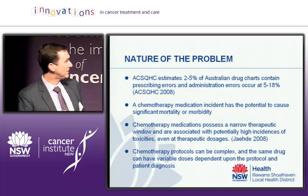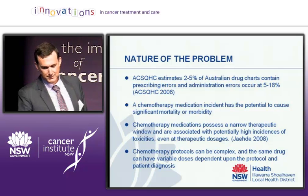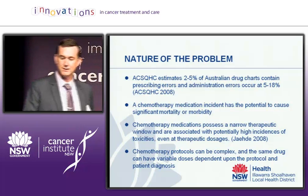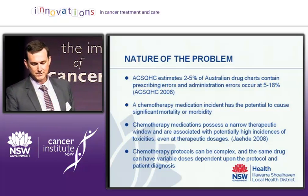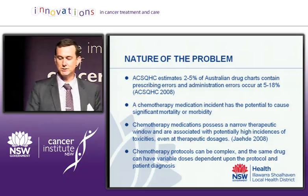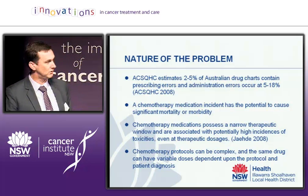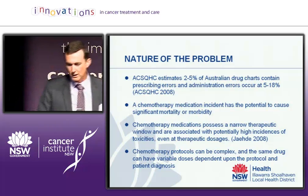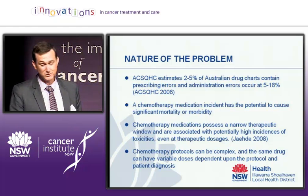The Australian Commission on Safety and Quality in Health Care estimates that 2 to 5% of Australian drug orders contain prescribing errors, and administration errors occur at about 5 to 18%. Chemotherapy medication incidents have the potential to cause significant mortality and morbidity. Chemotherapy medications possess a narrow therapeutic window and are associated with potentially high incidences of toxicities, even if we're giving them at therapeutic doses. Chemotherapy can be complex. The same drug can have variable doses dependent upon...